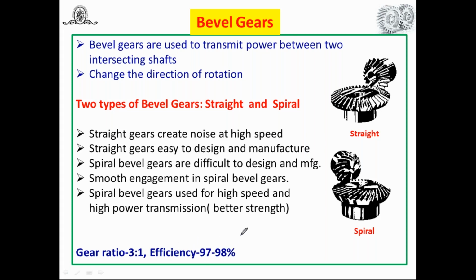Again, the efficiency of bevel gear is in the range of 97 to 98%. And you know very well you will find high efficiency in the case of spur gear, 99, then helical gear maybe 98 to 99, then bevel gear, and after that worm and worm wheel, maximum 95 or less than that. When we discuss worm and worm wheel, I will elaborate on why efficiency is less compared with the others. Okay.